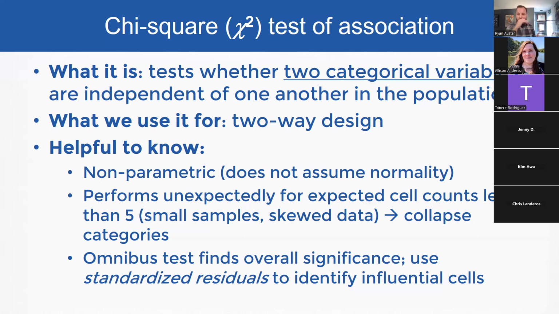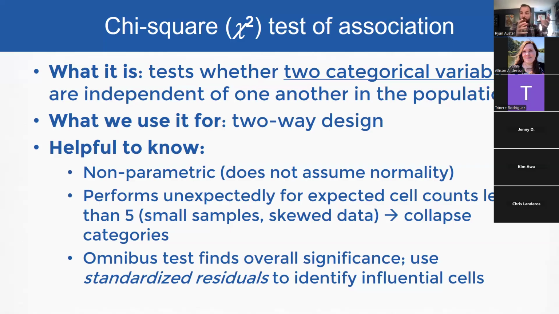Non-parametric means it doesn't assume normality for a distribution of percentages, race or ethnicity, overall experience rating, which you probably know by now is definitely not normally distributed in our data. So this test is a good one for those types of responses or variables. It performs unexpectedly for cell counts less than 5. We're going to see this in action when we get to our COVES data, and I will highlight it there. In order to avoid this problematic area of chi-square testing, you can collapse categories by, OER is a good example, and I'll show it later. You can combine poor, fair, and good into less than excellent.